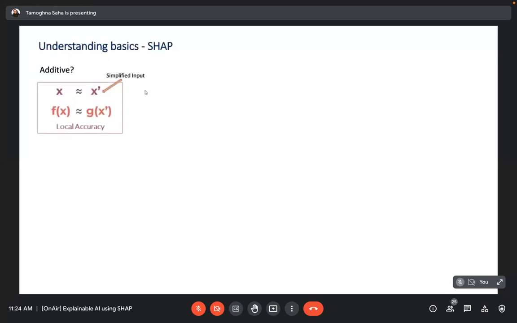Simplified input in the sense that this is the subset of the original data set that you are taking as an approximation, to say that the explanation model, which is g of x, is also going to be identical. So if you take the original x and get a simplified approximation by randomizing some of those columns, then the function you get out of that simplified output is also going to be somewhat similar to what the actual model will be presenting to you. I'll explain this as we go further along.